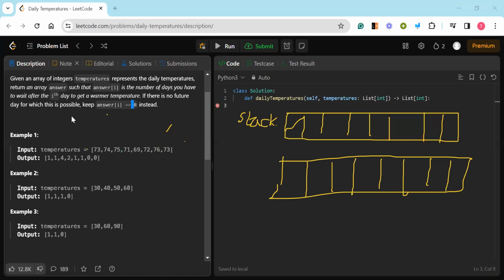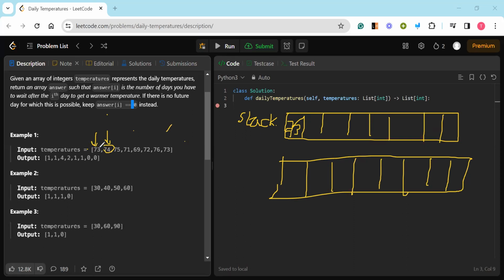So let's say we are at the first value and our stack is empty. If our stack is empty, we will not check the condition. We will simply append that value, 73, to our stack. Our first iteration will always be like this. Now it is at 74. Our for loop i is at 74. If 74 is greater than 73, then what we should do,